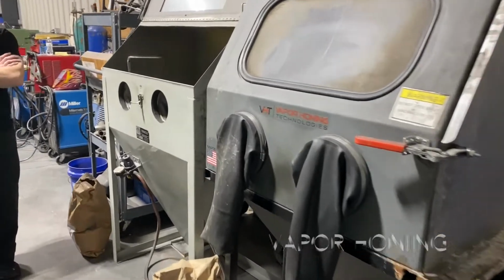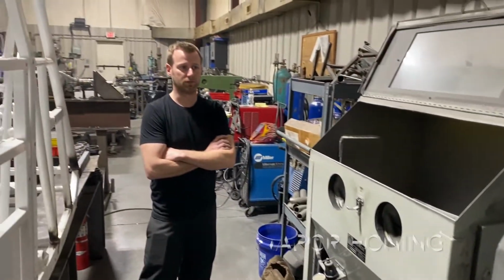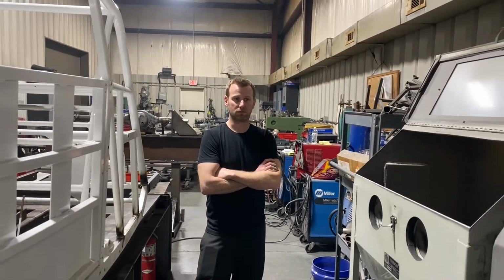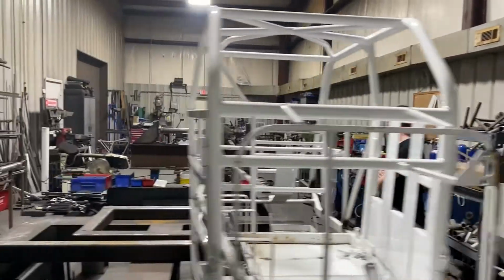It's a new thing for cleaning up aluminum parts for engines, so it leaves a nice shiny finish after we're done with them. Looks brand new, factory showroom fresh. We'll go back around here and show you